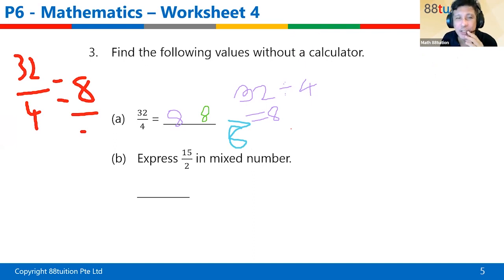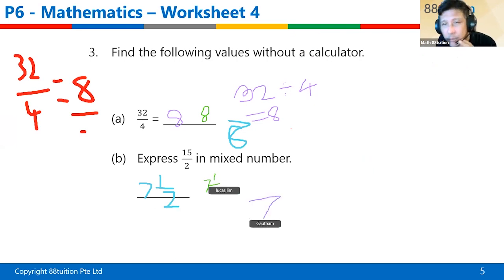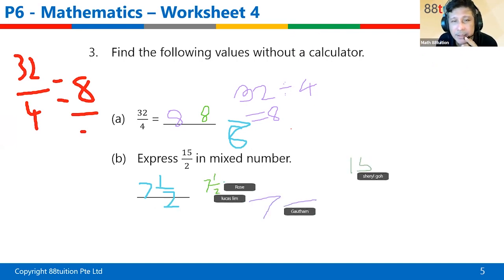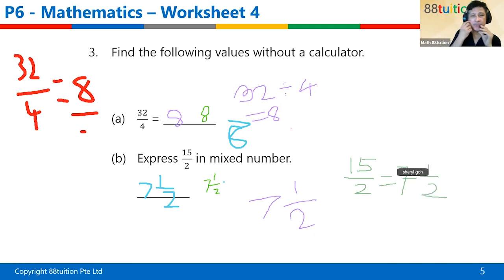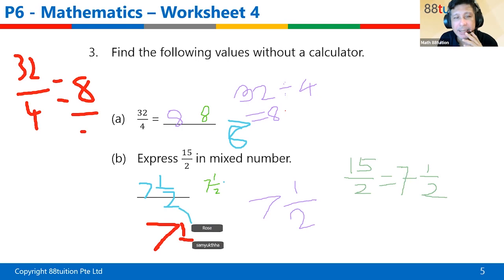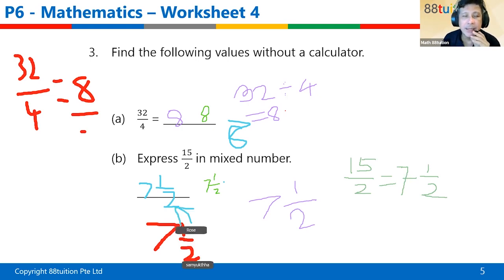Okay. What about changing improper fraction to mixed number? I think last week we had a problem, right? Some of you didn't know exactly how to change. So let's see. Yeah. What's the answer for this? Okay. Rose has written. Lucas is writing. Cheryl wrote, but then clean away. Gotham is writing as well. Okay, well done. All right. 4 of you, all of you are correct. So what you do is you actually take 15 and divide by 2. So you will end up with 7. If you are doing a long